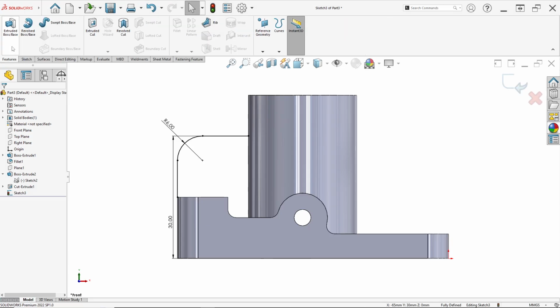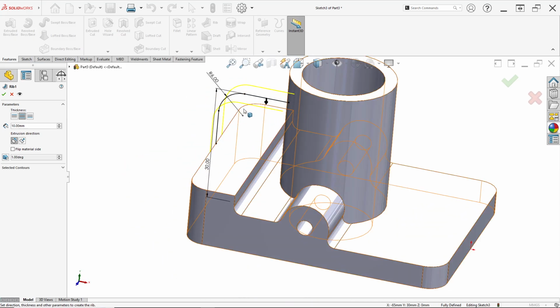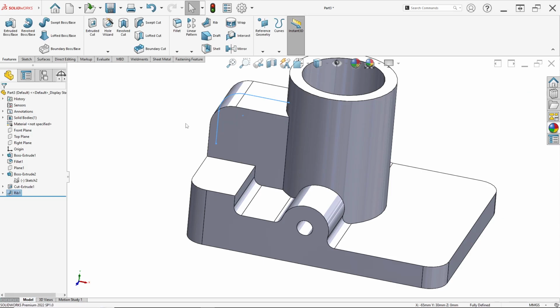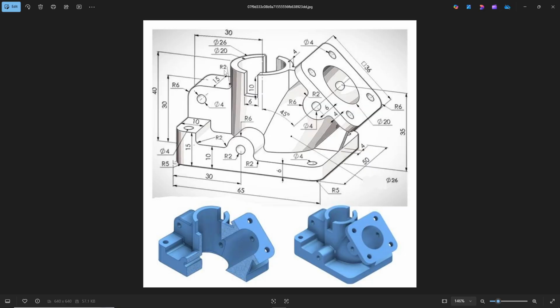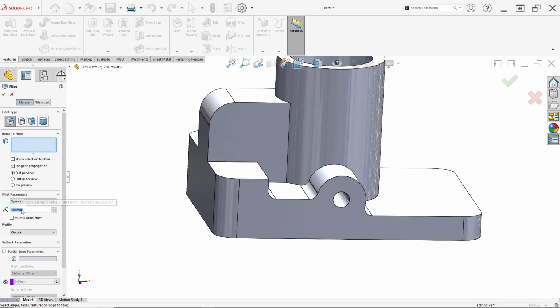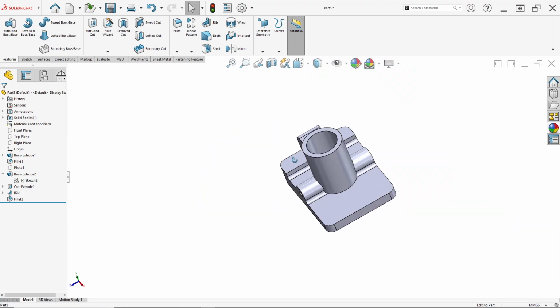And click feature again, click rib now. Ensure for thickness you select both sides, with a thickness of 15 millimeter. For the rib here, 15 millimeter, and click OK. It's so simple. Don't forget, here there is a fillet radius of 2 millimeter. Click fillet again, and for the radius, 2 millimeter, click this edge. Click OK. Okay, it's so simple.